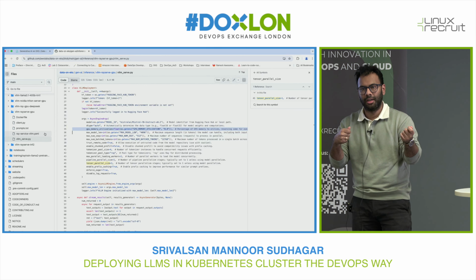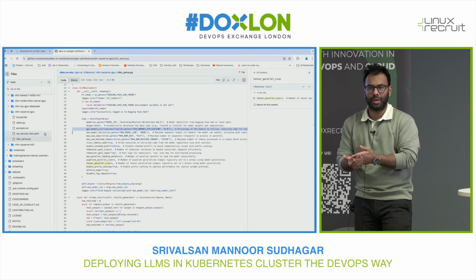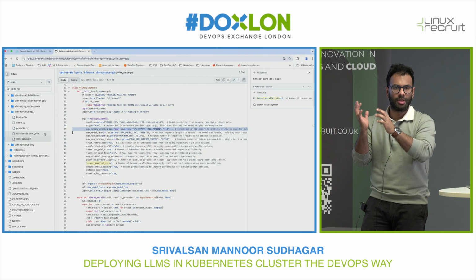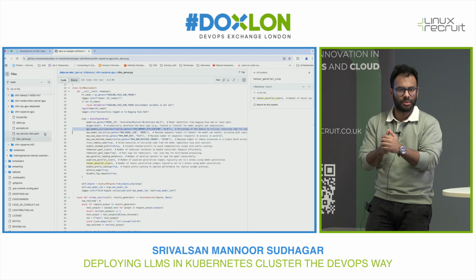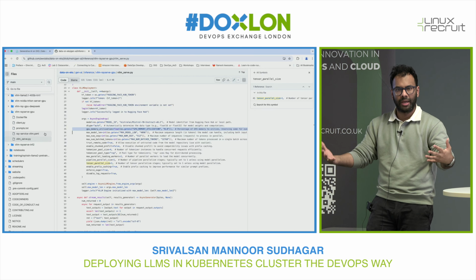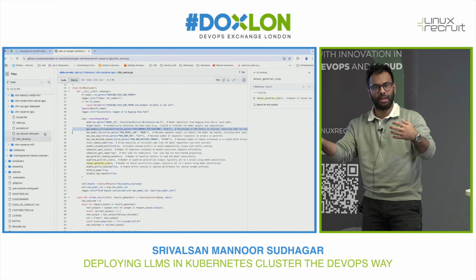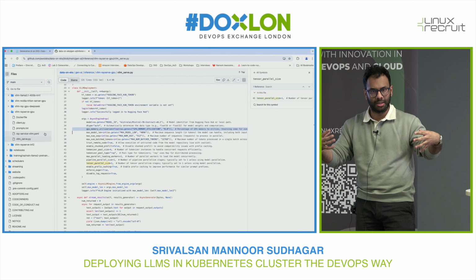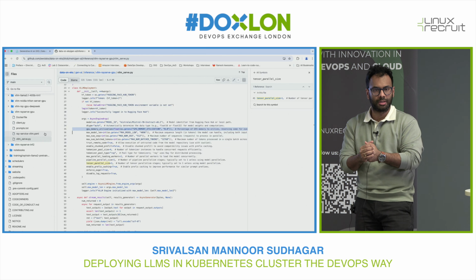How do we make sure these can be productionized, and then roll out features much faster? And also, how do we efficiently use the resources so that the cost to run LLMs, or any machine learning models, is down? So there are a few customers I've worked with where they have one big cluster where the microservice applications, your data streaming applications, and your machine learning applications all run on the same cluster, by efficiently using and managing the infrastructure in the right way.